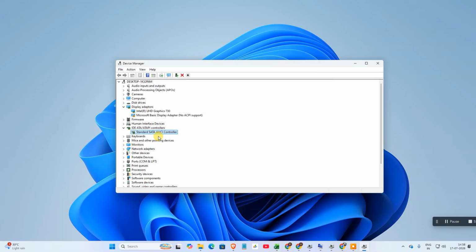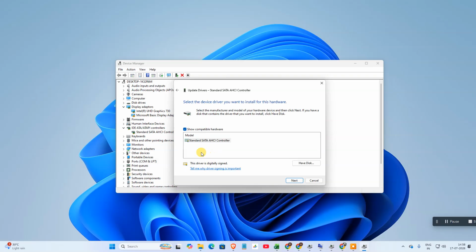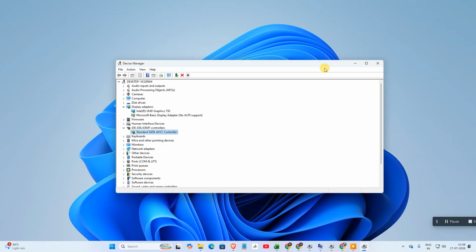Okay, the second option, you can go here, Browse my computer, go to the list, and select your drivers. This is your inbuilt driver. Okay, and click on Next. It will be reinstalled on your PC. Okay,